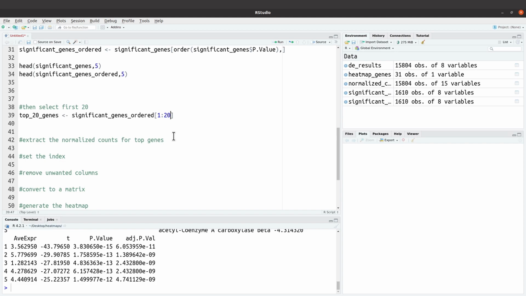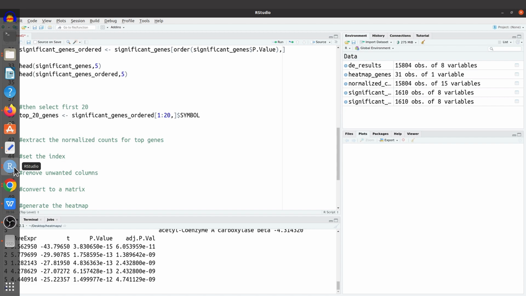That is what we have here, 1 to 20. And then outside the square bracket, we will say dollar symbol. So why are we saying symbol? We just want the names. Okay, we don't want everything, we just want the names because we are going to use the names to do a subsetting later on. Now let's take a look at the table